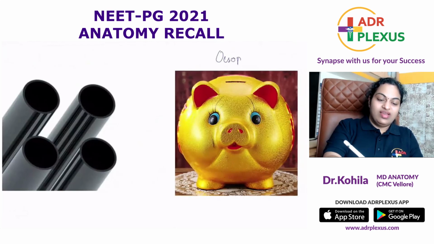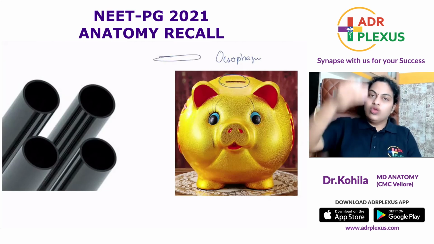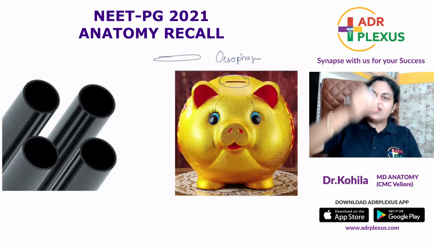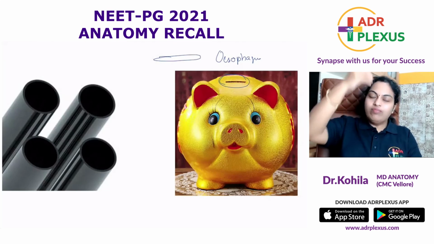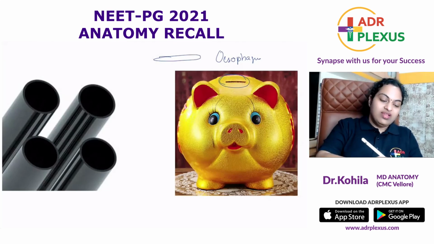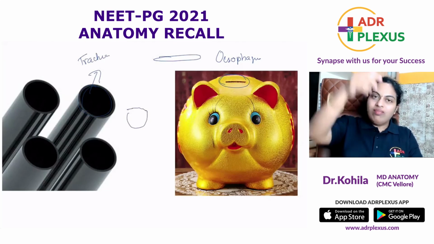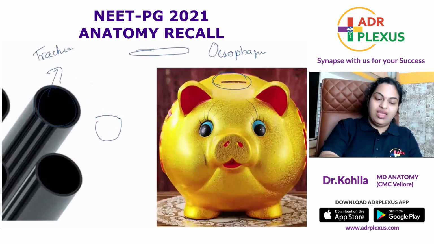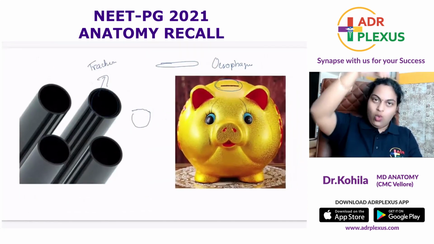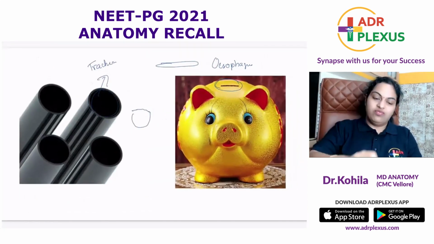This is the esophagus. Can you see the slit here, or horizontally compressed slit? Normally the esophagus is compressed like this. Only when the food passes through it, it's going to expand. Whereas the trachea is kept open by the presence of your C-shaped cartilages and the trachealis smooth muscle, which is behind. Imagine putting a coin into the piggy bank and into this pipe. How will it go? And you're taking a picture from front.